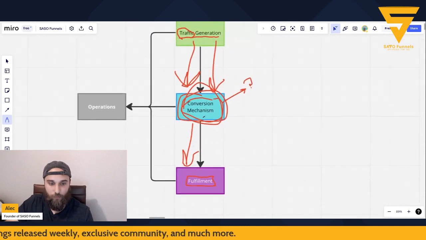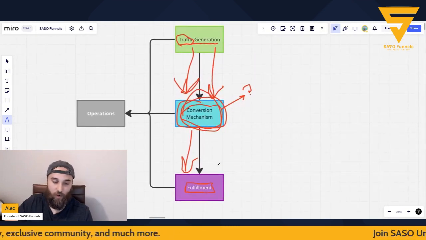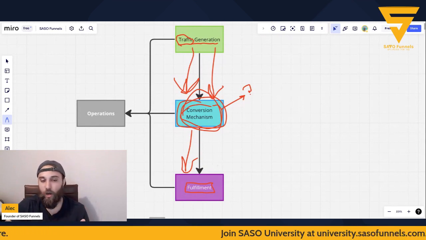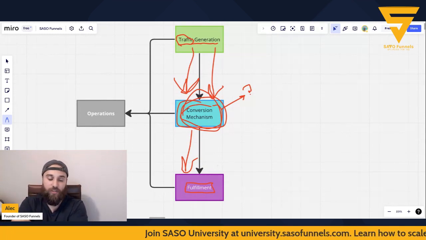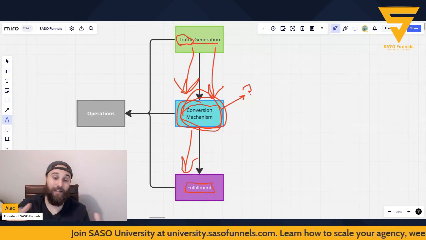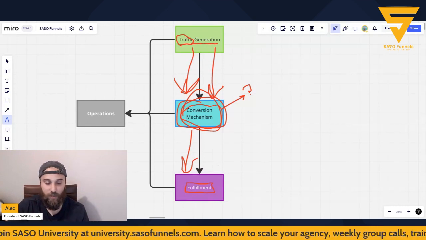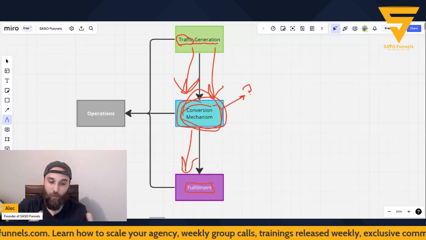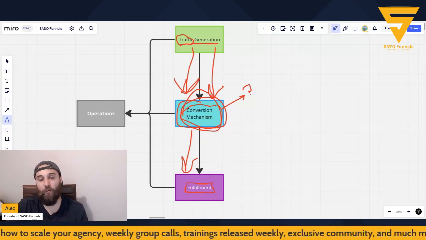Now, there's a lot of other things that go into fulfillment. For example, we could discuss how you're going to keep your churn low and how you're going to be doing outreach to existing clients and how you're going to be acting as a CSM or a customer success manager, right? Where you're trying to just keep them happy so they don't leave. But essentially, it boils down to, with fulfillment, can you provide what you said you provide?